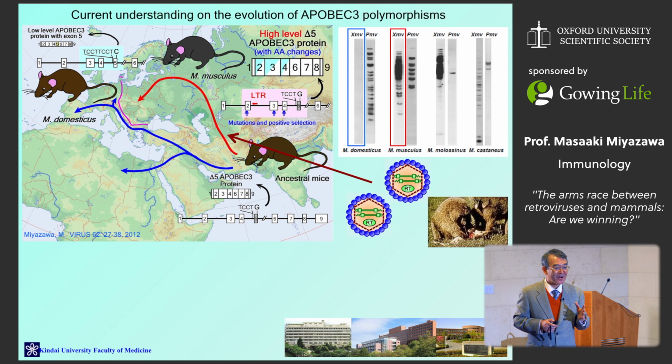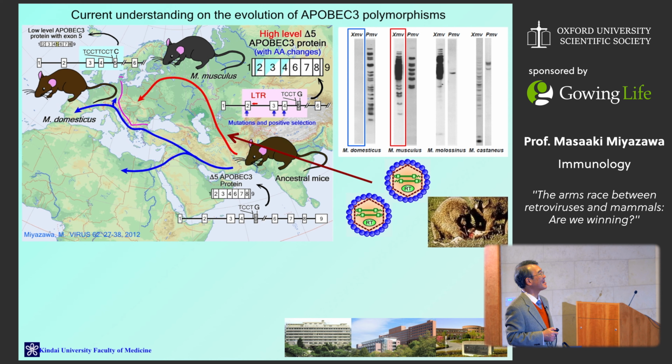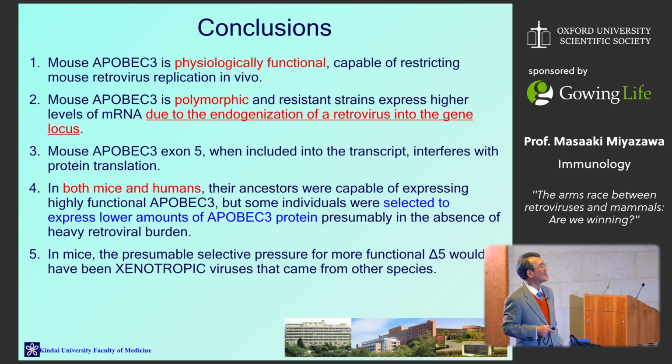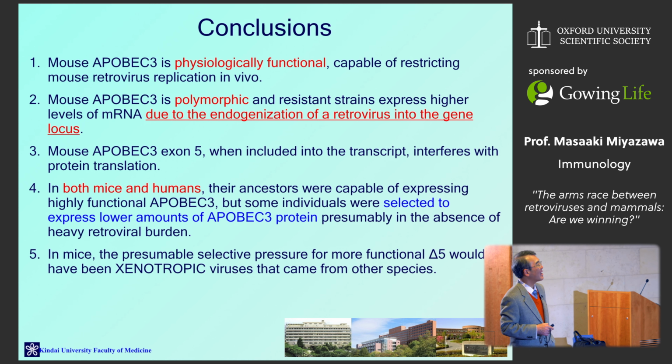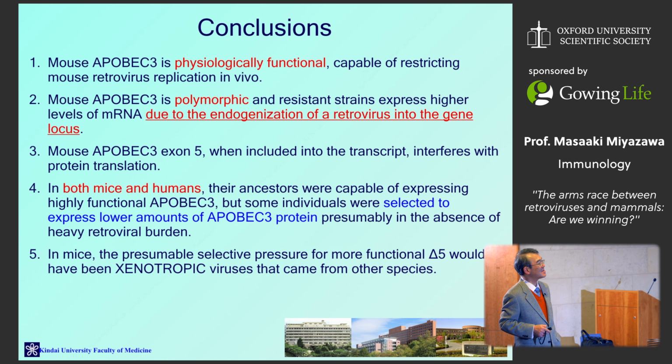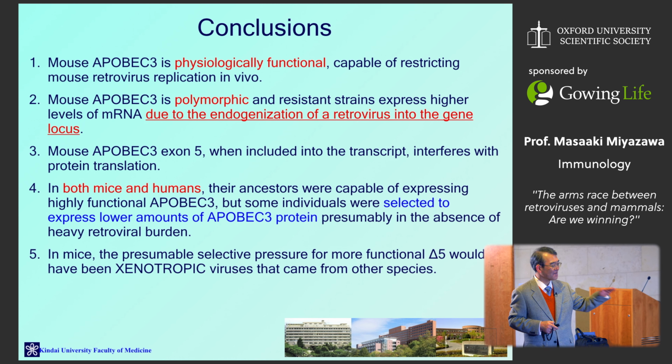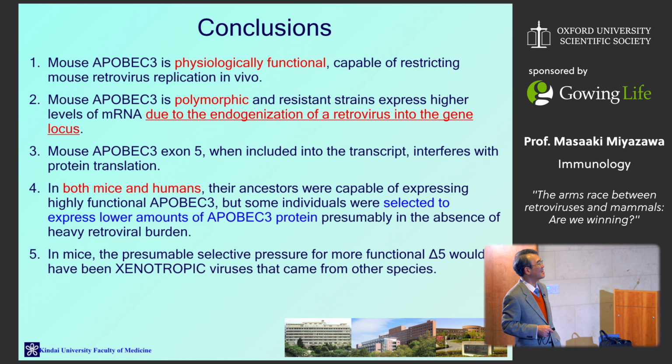Okay, so I go to the conclusion. Mouse ApoBec3 is physiologically functioning. This is what we showed first. And it's capable of restricting retroviruses. And mouse ApoBec3 is polymorphic, and resistant strains express higher levels of messenger RNA. And the higher level of expression is caused by endogenization of the enemy. And mouse ApoBec3 exon 5, if it is included, interferes with the transcription and results in lower